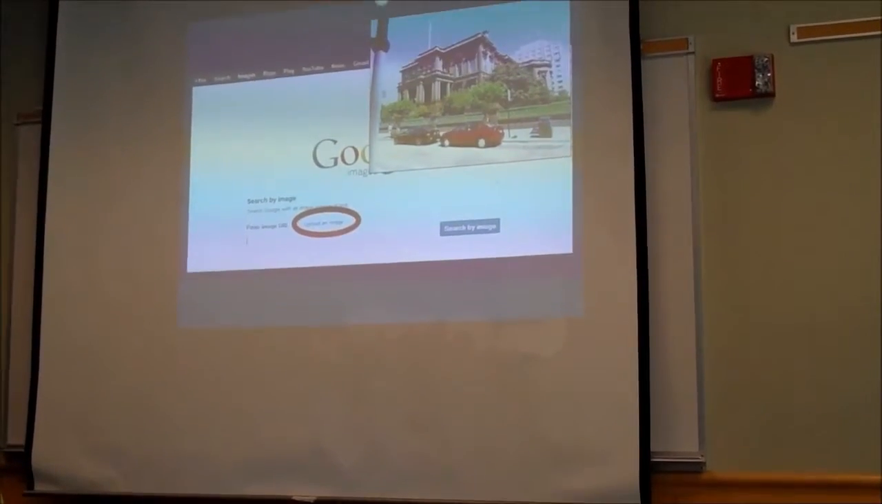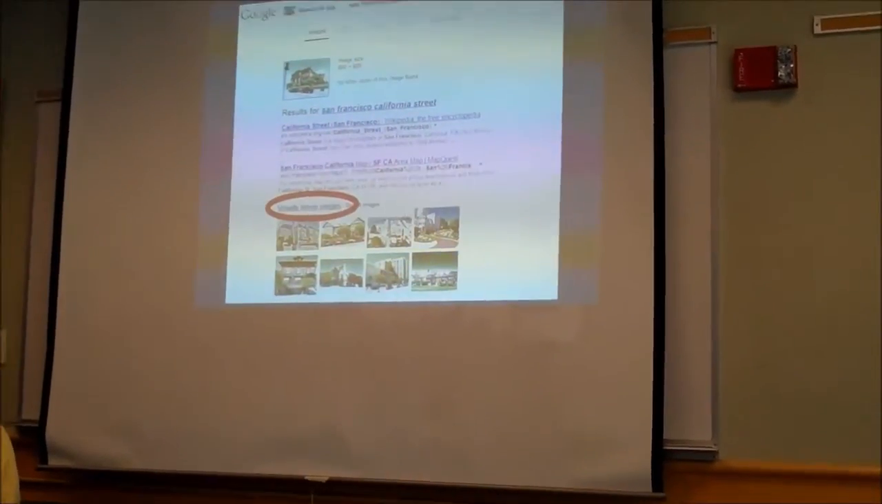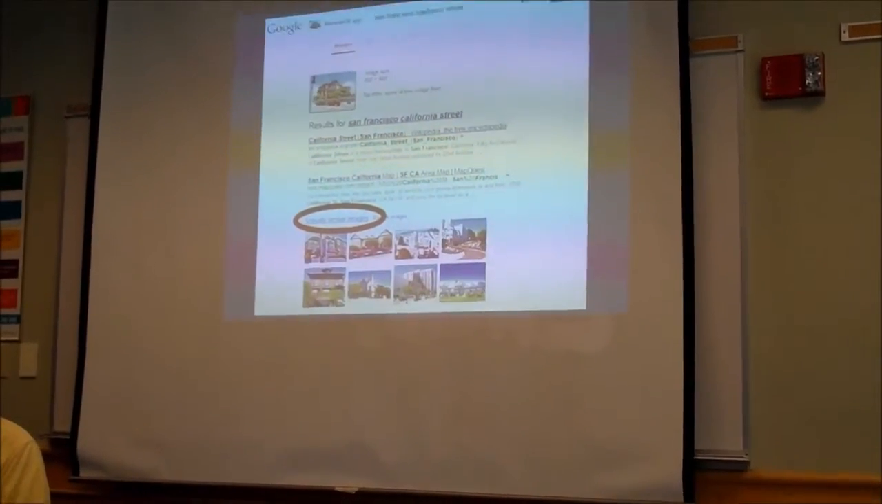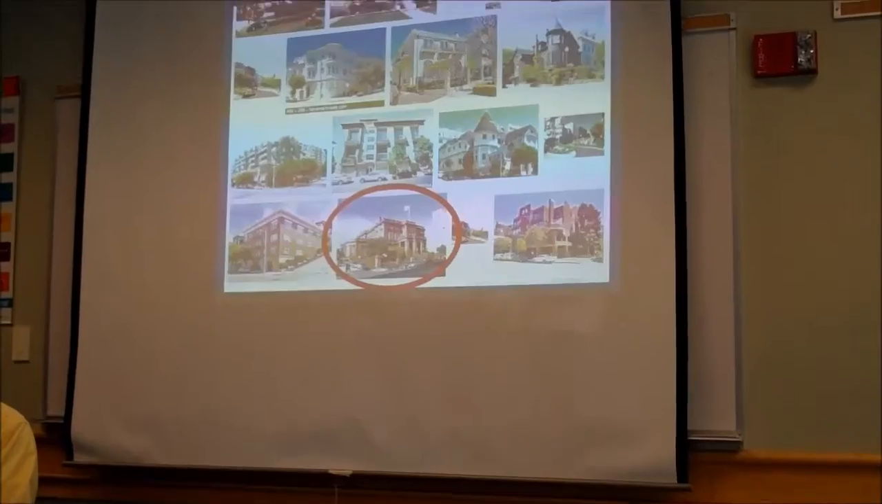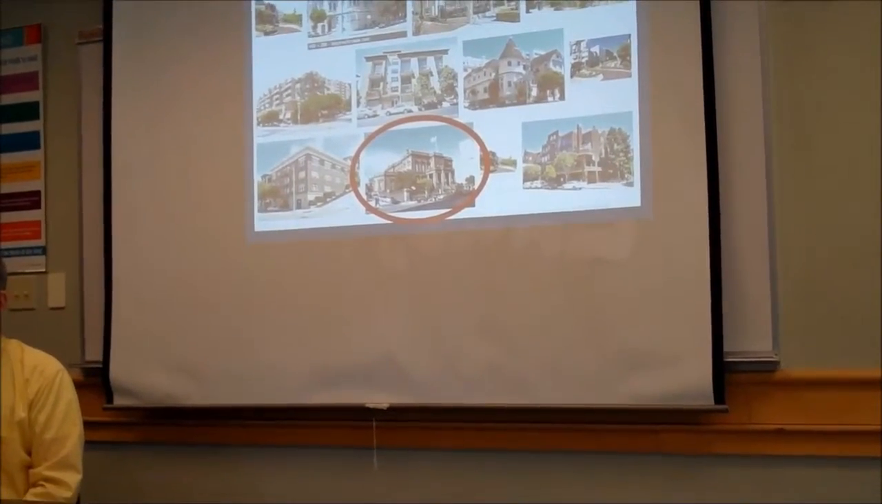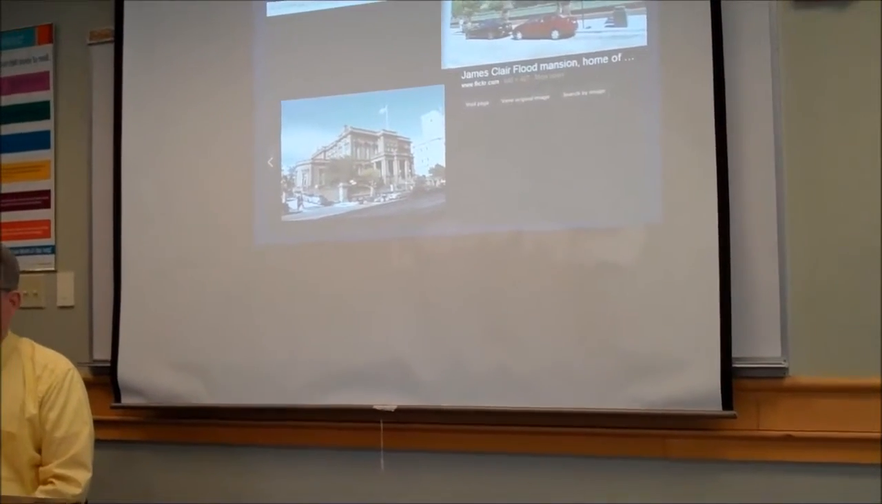So what I did was I uploaded that image. I knew it was in San Francisco on California Street, so I used those search terms. I clicked on visually similar images, and lo and behold, there's a picture of the same building from a different location that somebody else has taken. I click on that, and find out it's the James Clair Flood Mansion, home of